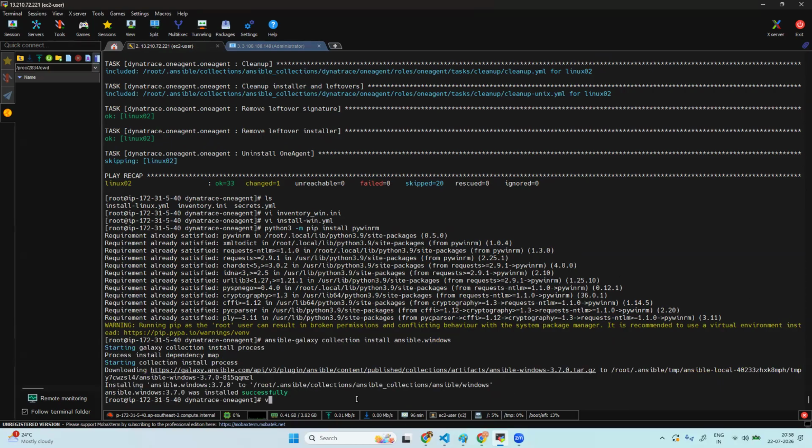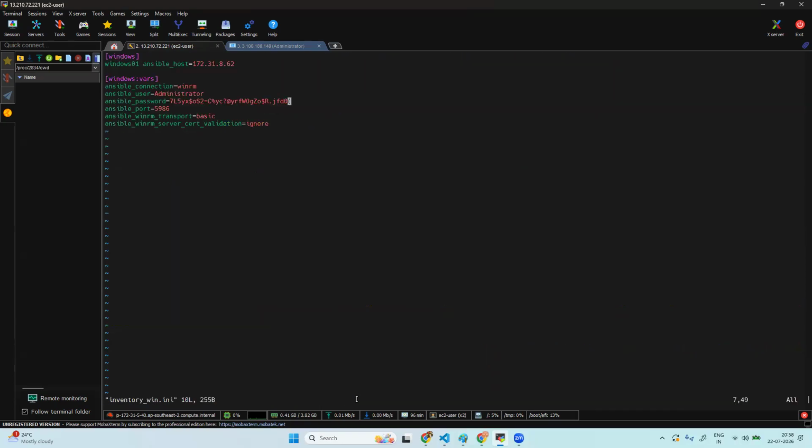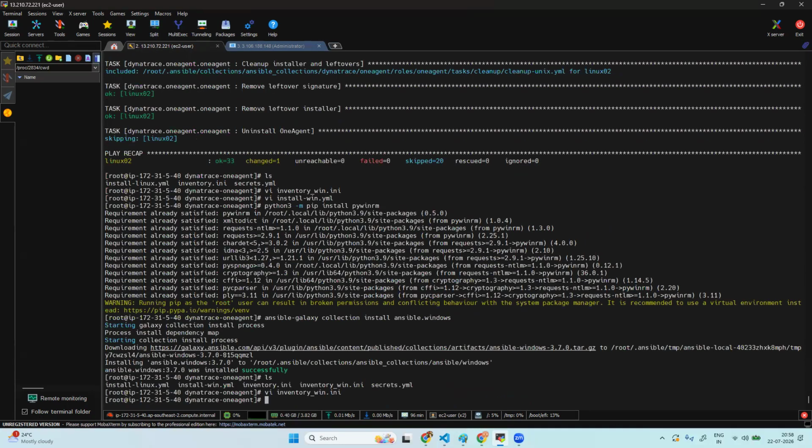Now vi inventory, ls inventory_windows. Let's run on 59, insert 85, because the required 86 requires an SSL certificate. Okay. Now